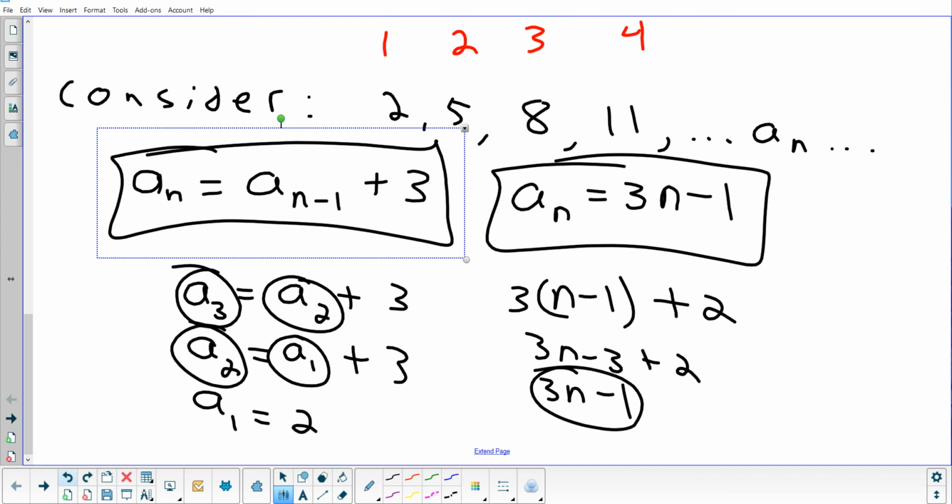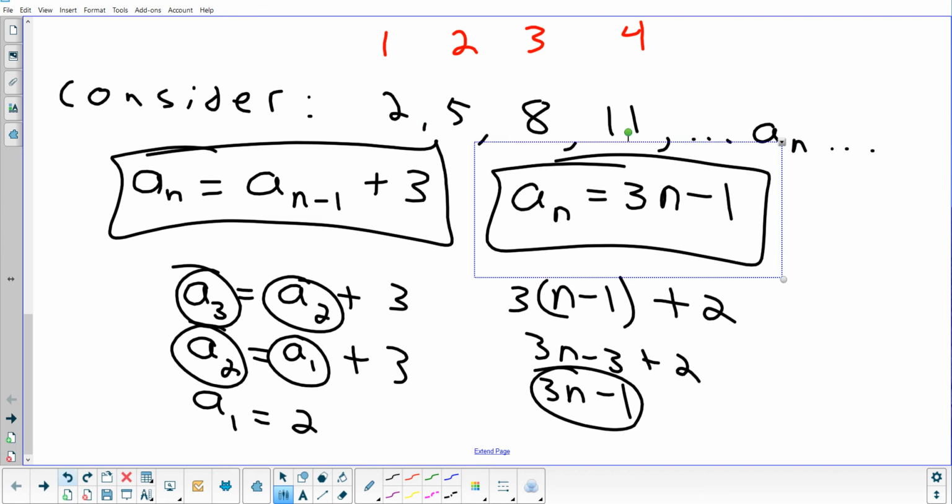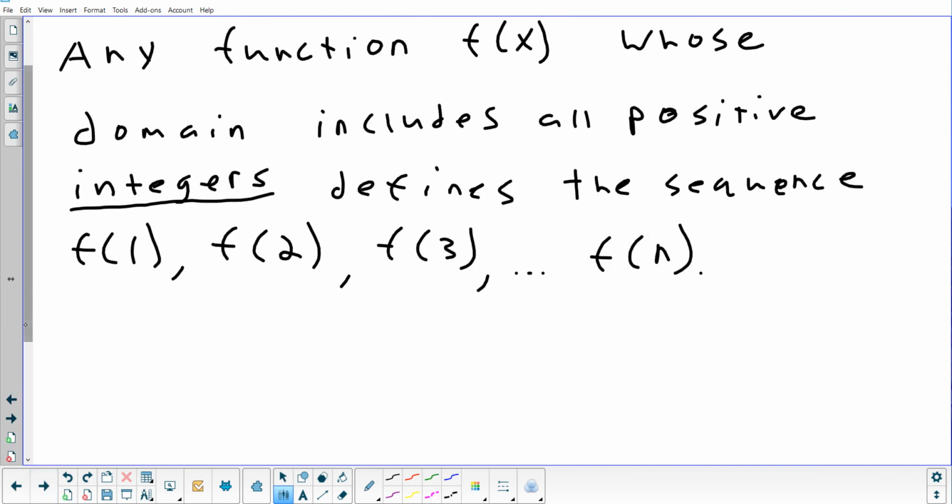Any question on the difference between these two? And I'll tell you what each one of them is called in a minute. Okay, so first of all, if you think of sequences as functions, you can write them as a formula. The only restriction is you're only allowed to plug in integers for the domain. Take the formula we just had. That's something you could graph if it was y equals mx plus b. It's a line with a slope of 3 and a y-intercept of -1.